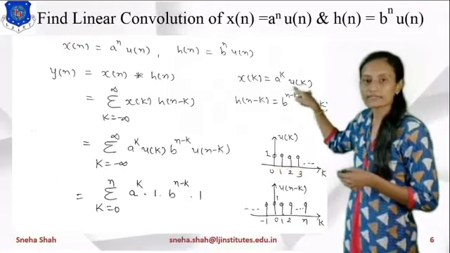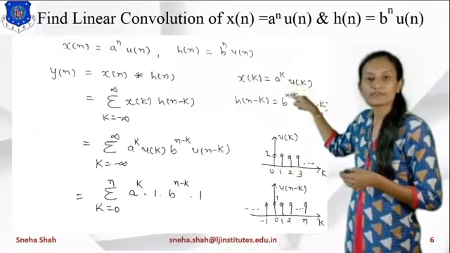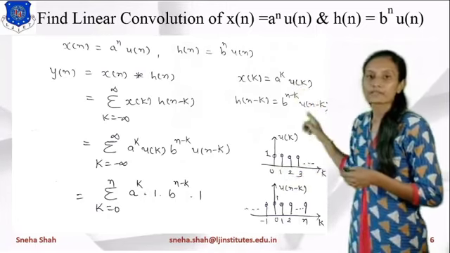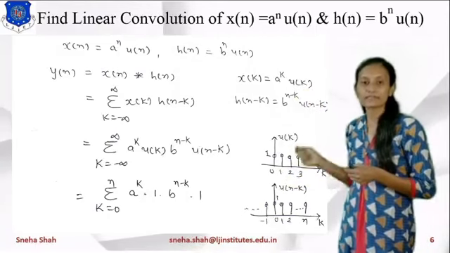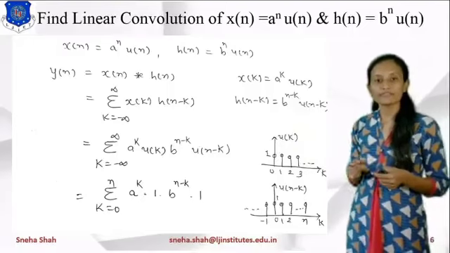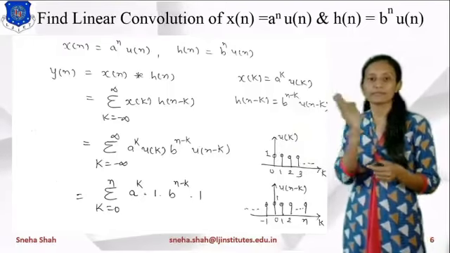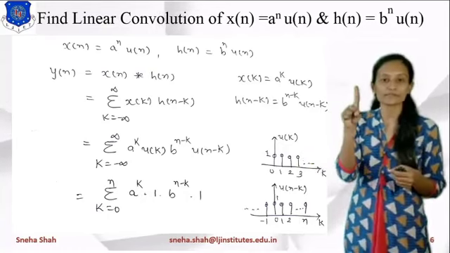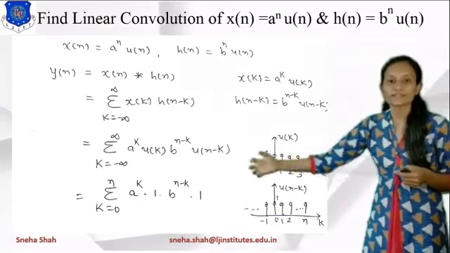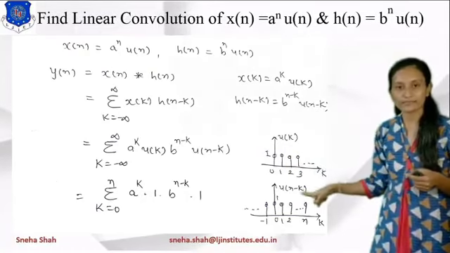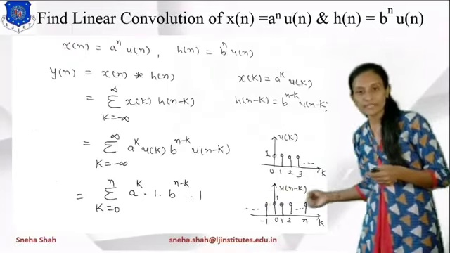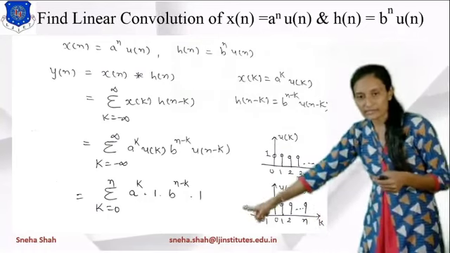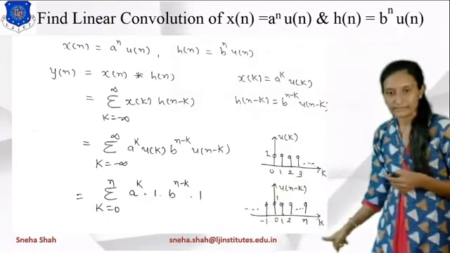Now you can see that u of k will be similar to u of n, right? So what is u of n? Its value equals 1 from 0 to infinity. If we are taking u of k like this, then what will be the value of u of minus k? If we are finding the value of u of minus k, it will be folded from this sequence. So its range will be from minus infinity to 0, and its value equals 1. If we are finding the shifting operation of u of minus k, then it will give you the answer u of n minus k. So it will be shifted up to n. So its value will be 1 from minus infinity to n.